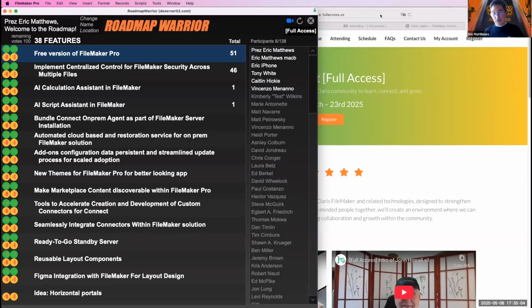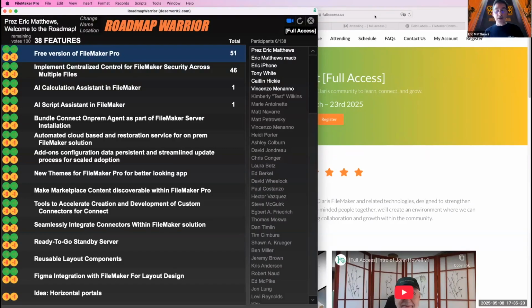I didn't test this with a lot of multi-users, except between me and my iPhone. You can see up there, and so I won't be voting on this machine, so I don't skew the result. But yes, I did prime some of the votes because I am very partial towards the